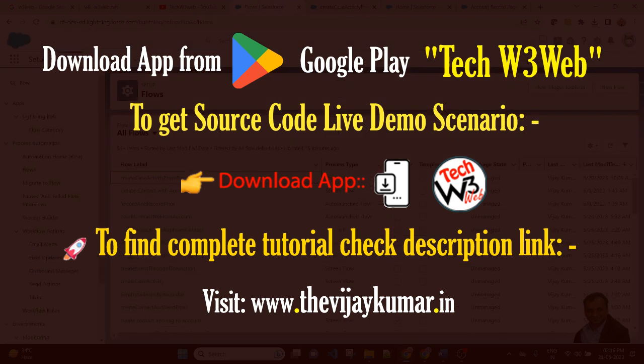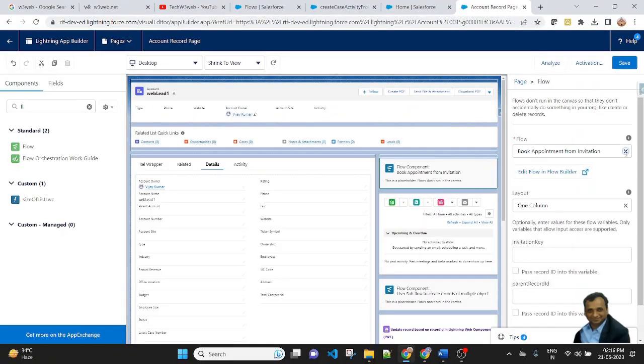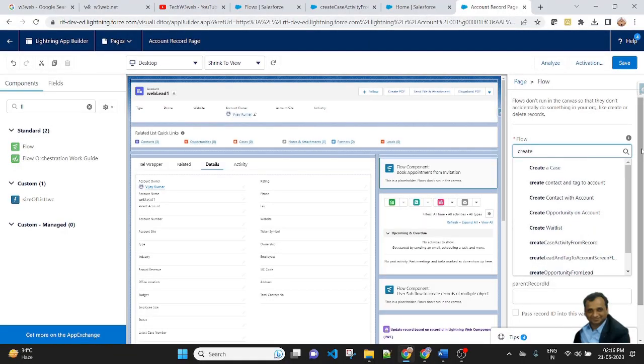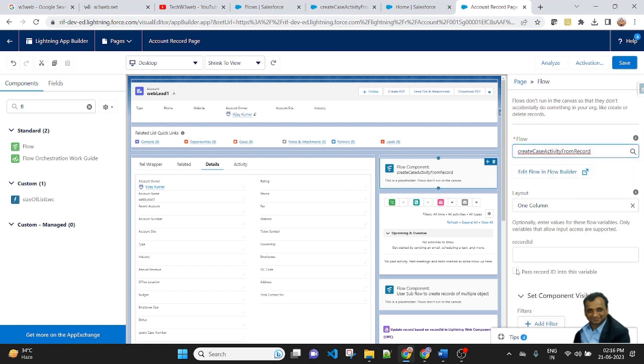So I will select my flow here, Create Case Activity from Record, and check mark this checkbox to enable passing the record ID into this variable, because I am passing the record ID of the account in this variable. Then save it. After saving, go back.